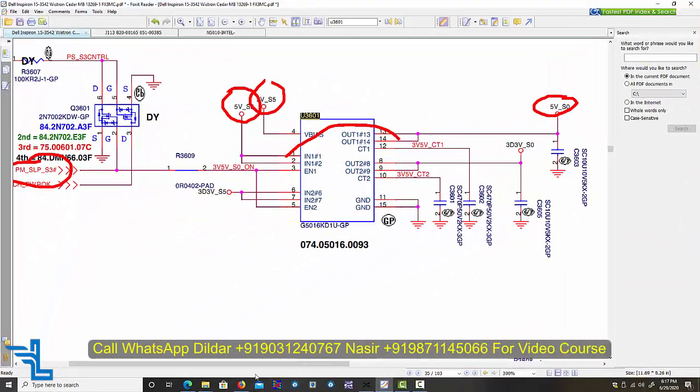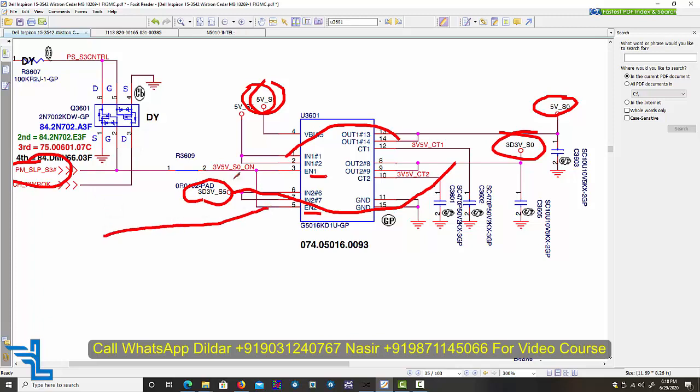So this is the situation here that SLP S3 will come over here, and this will enable this one separately, and SLP S3 will at the same time transmit the 3.3 S5 to 3.3 S0. Sometimes the same load switch works with different types of enable signals. Like you can see here, this enable 1 is given here, enable 2 is given here. Sometimes one IO will enable this signal and the PCH will enable that signal. So we have a demonstration of those types of boards also. So this is the scenario over here.